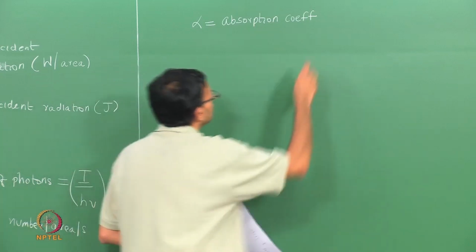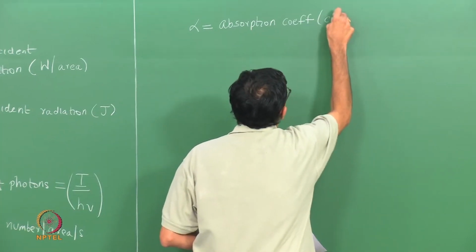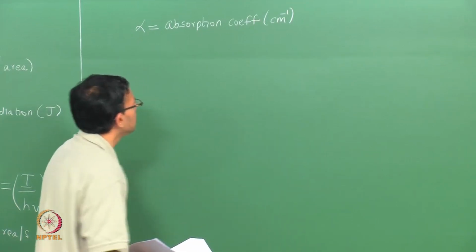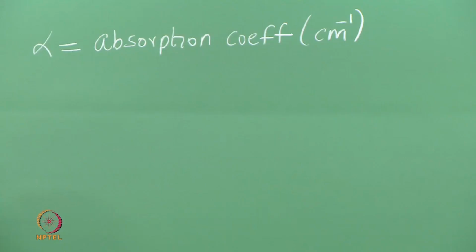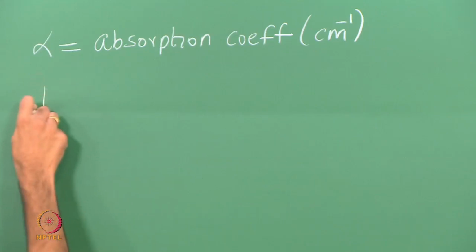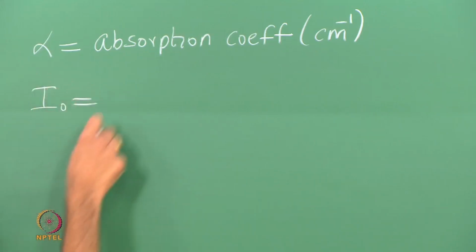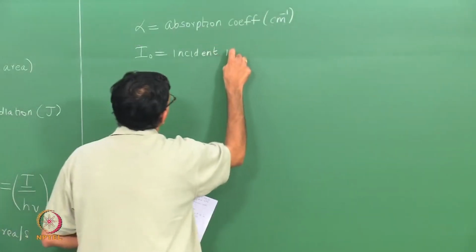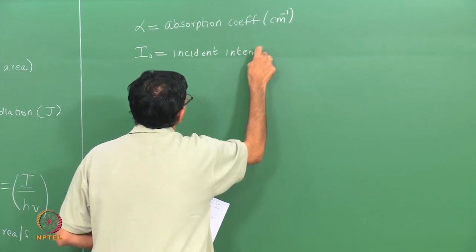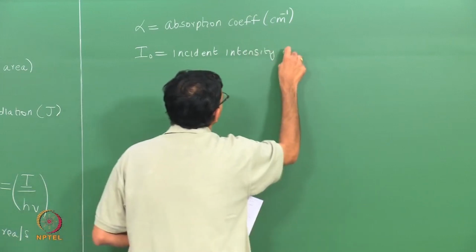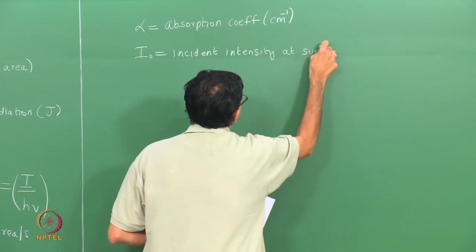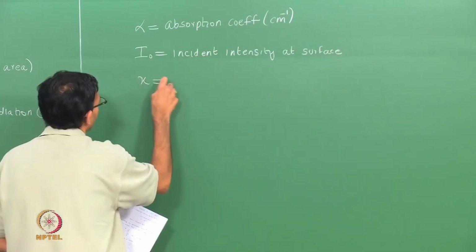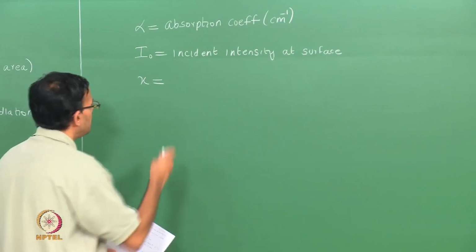It has units of centimeter inverse or length inverse, so it could be centimeter inverse or meter inverse and so on. So if alpha is the absorption coefficient, I naught is the incident intensity at the surface, and x is the depth within your material,